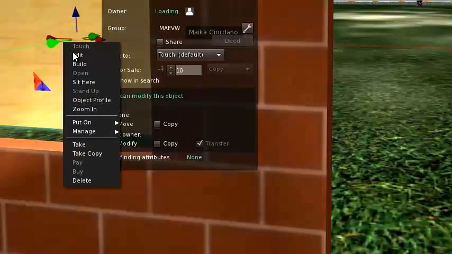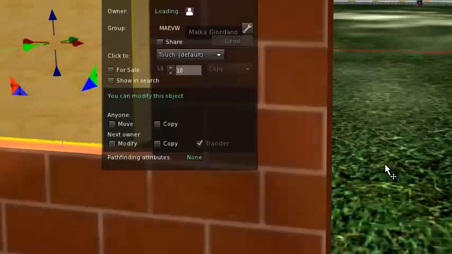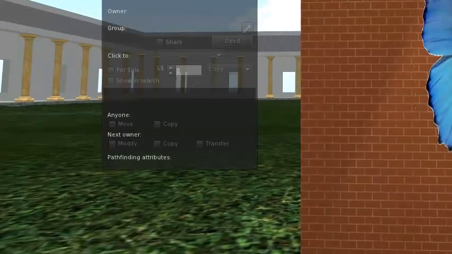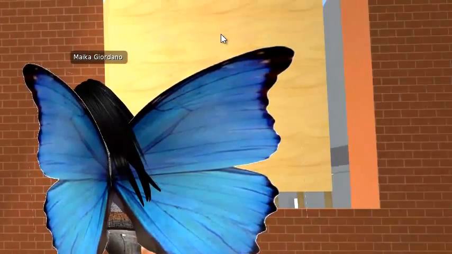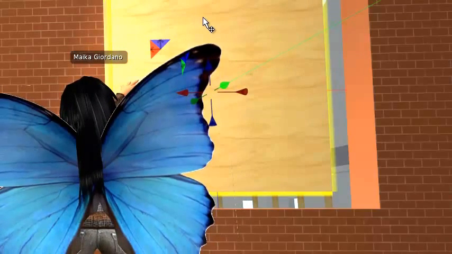So I change slightly here. And I think it's pretty much on the hole now. If I look around with my camera, it's pretty much on the hole, but I need to increase the size of it. So I go to Edit Object, the size of this one. What I'm gonna do is change the size